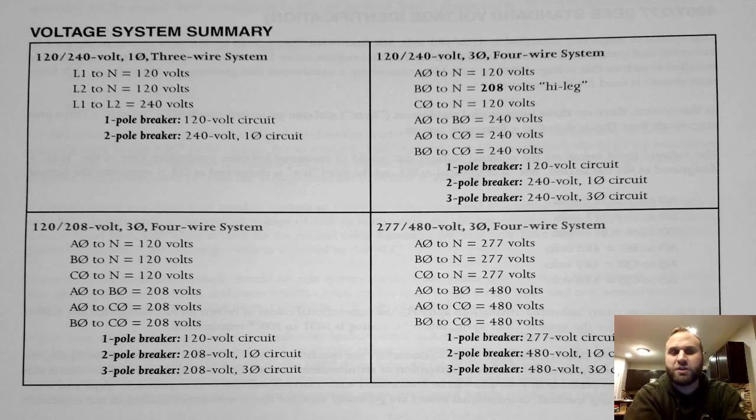You've got your 120/240 volt single phase 3-wire system. That's your residential system. That's what you find in most houses. As opposed to the 3-phase systems like the 120/208 3-phase 4-wire system or the 120/240 3-phase 4-wire system. The 120/208 3-phase 4-wire system has 120 volts to ground and 208 volts line to line,